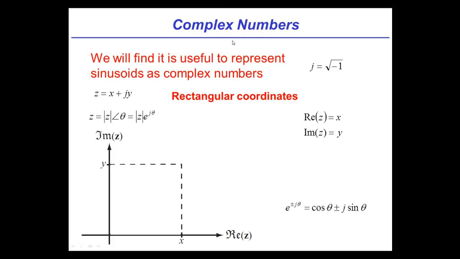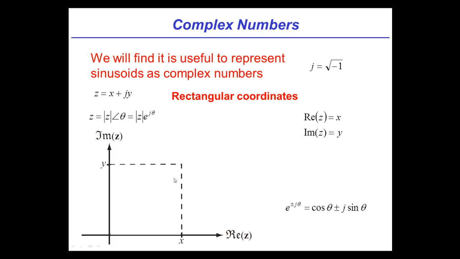So remember first that complex numbers involve the square root of -1, and in engineering we tend to denote that as j. Okay, so j is the square root of -1. Now you'll remember from your math classes that one way of denoting complex numbers is with rectangular coordinates, where we denote an arbitrary complex number z as the sum of a real component x, and an imaginary component y, and so we'll write it as z is equal to x plus